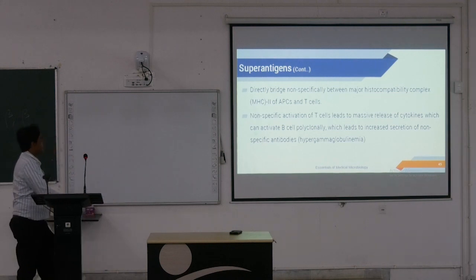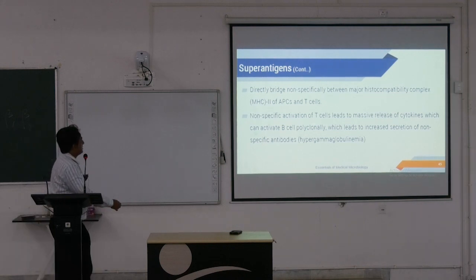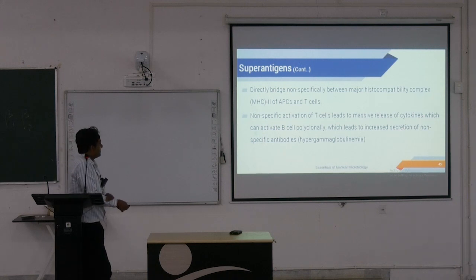সুপার অ্যান্টিজেন্স গুলো মেজর হিস্টোকম্প্যাটিবিলিটি কমপ্লেক্সের ভিতরে নন স্পেসিফিক্যালি টি সেলস অ্যাক্টিভেট করছে। তাহলে টি সেলস থেকে সাইটোকাইন বেরোচ্ছে, সাইটোকাইন গুলো বি সেলসকে পলিক্লোনালি, মানে প্রচুর গ্রুপকে স্টিমুলেট করছে, নন স্পেসিফিক অ্যান্টিবডি বেরোচ্ছে, অ্যান্টিবডিজ আর গামা গ্লোবুলিন, তারপরে সেটা আমি বলছি হাইপার গামা গ্লোবুলিনিমিয়া।